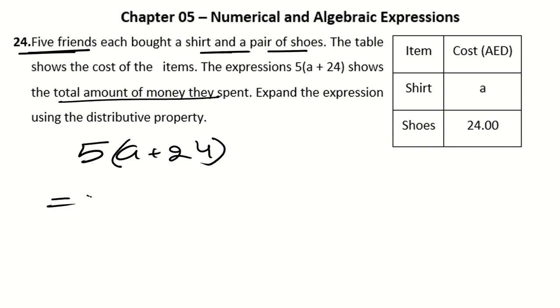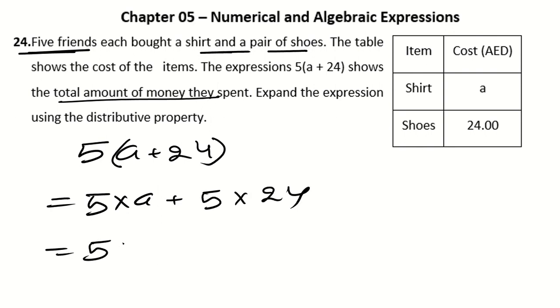So simple, apply the distributive property here. 5 multiply a plus 5 multiply 24. So 5 multiply a means 5a, 5 multiply 24 means 120. Okay, this will be the answer. Now next is